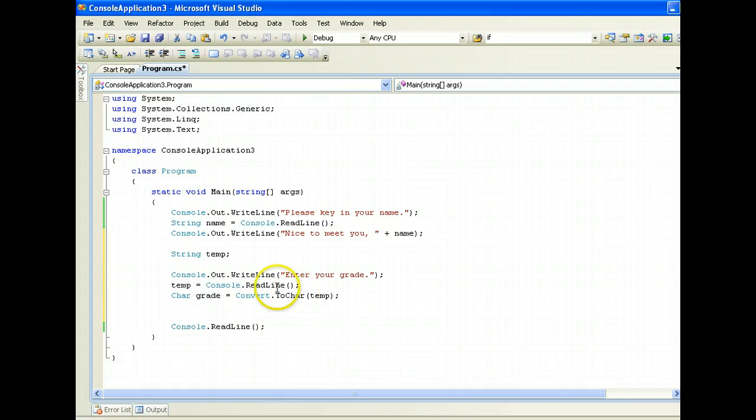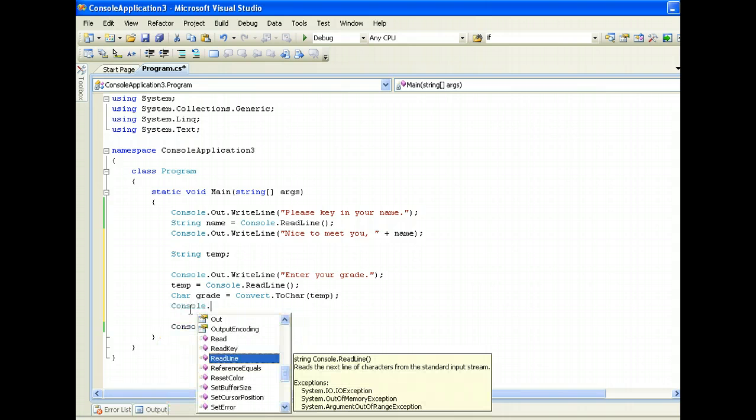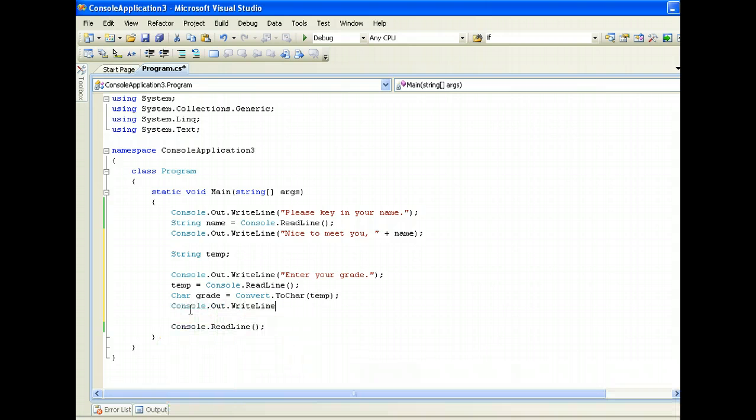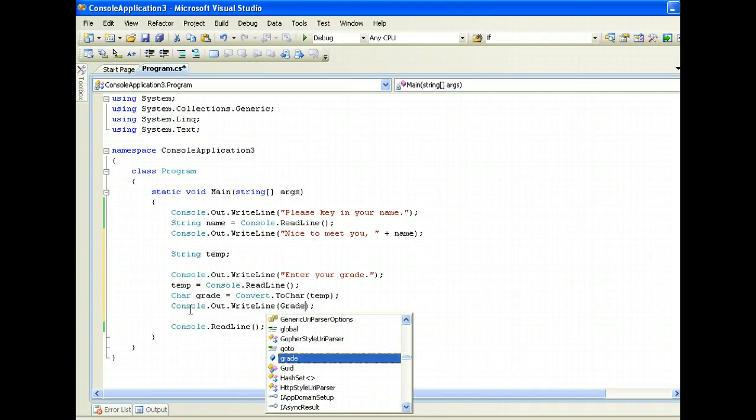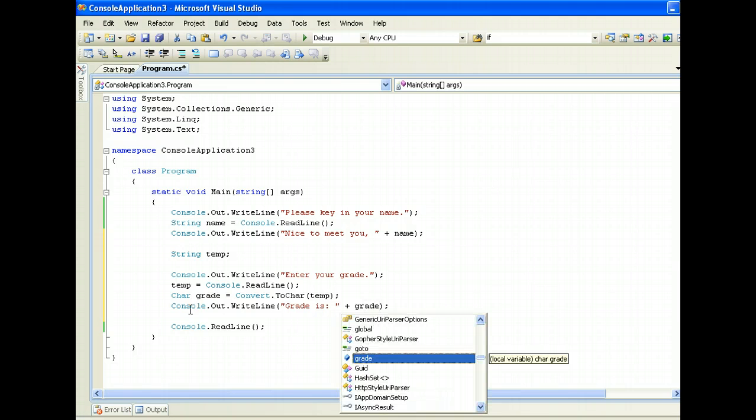So to repeat again, prompt the user to enter his or her grade, read the value into a string, convert the string into a character, and then we can output, grade is